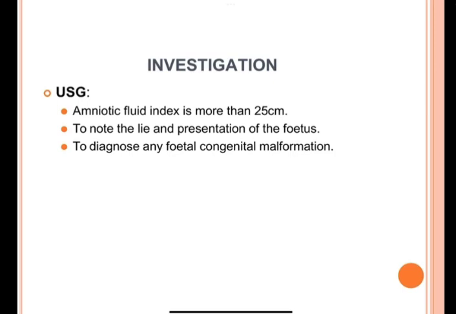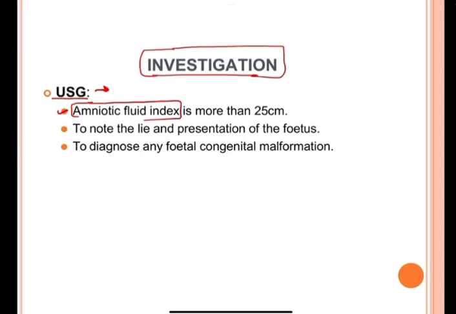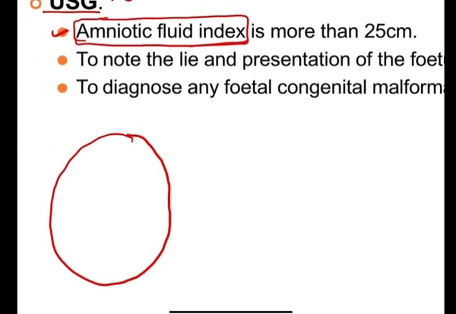What are the various investigations that we do in a patient of polyhydramnios? Firstly, clinically you suspect polyhydramnios. Now, you will send the patient for USG, ultrasonography. What will we see in ultrasonography? First of all, we will see the amniotic fluid index. This is the index to see whether polyhydramnios is present or not. So, how do we calculate the amniotic fluid index? See, suppose this is our uterus. We divide it into mainly